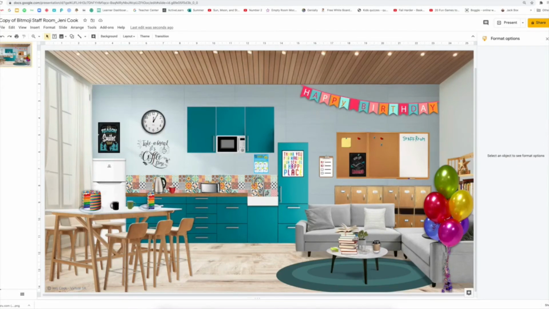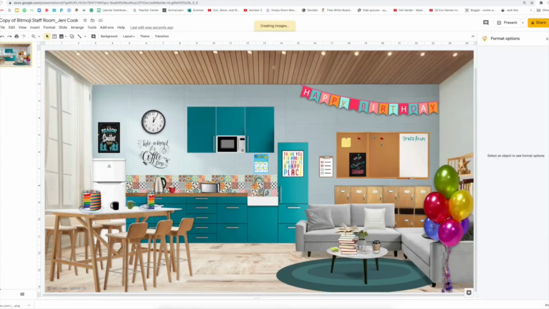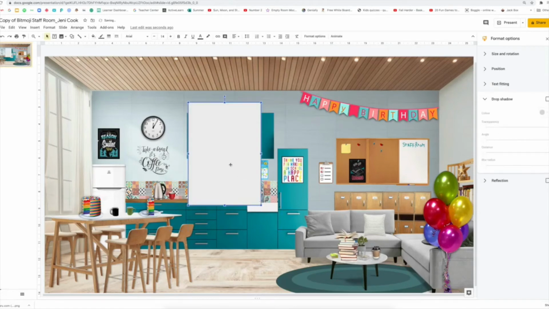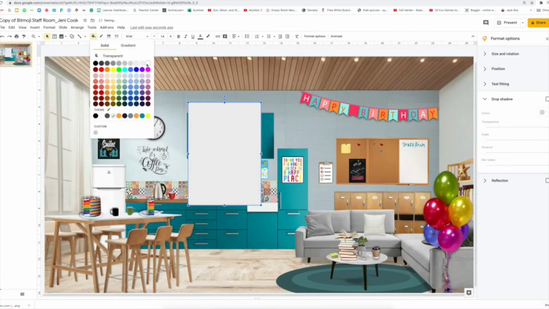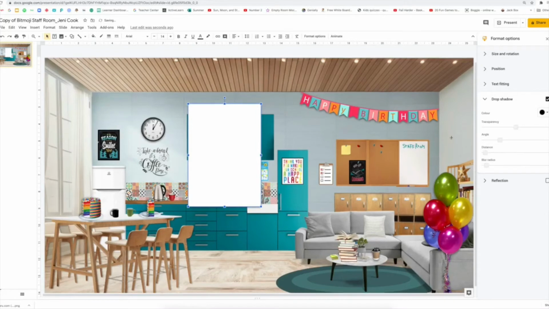Next, I'm going to show you how to make a birthday card, or a card. This is really useful for all the classrooms actually, especially if you want to add a link to anything. You can add a card on the side with the logo of where you want it to go to. It looks really good. So I've selected my shape, so you go up to the shape, and then I've selected the square rectangle one, and then I've dragged my shape and then no outline and make it white, and then I'm going to add a drop shadow to it, and then I'm going to right click and make a copy